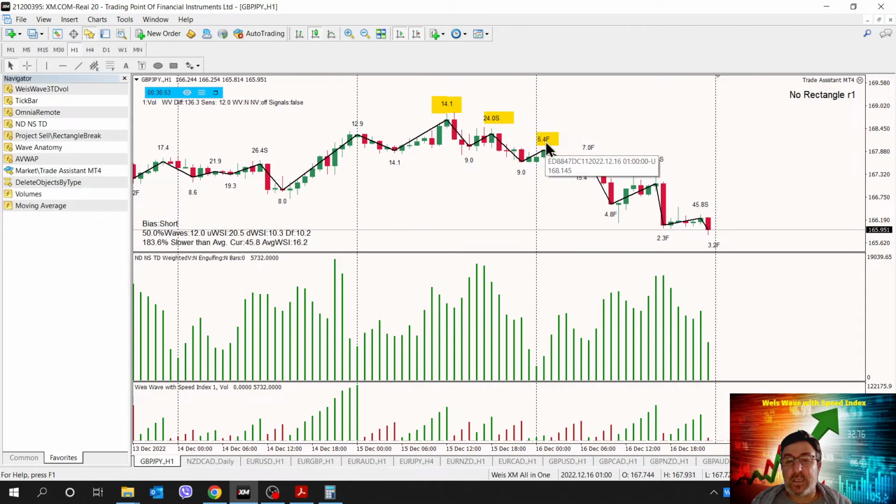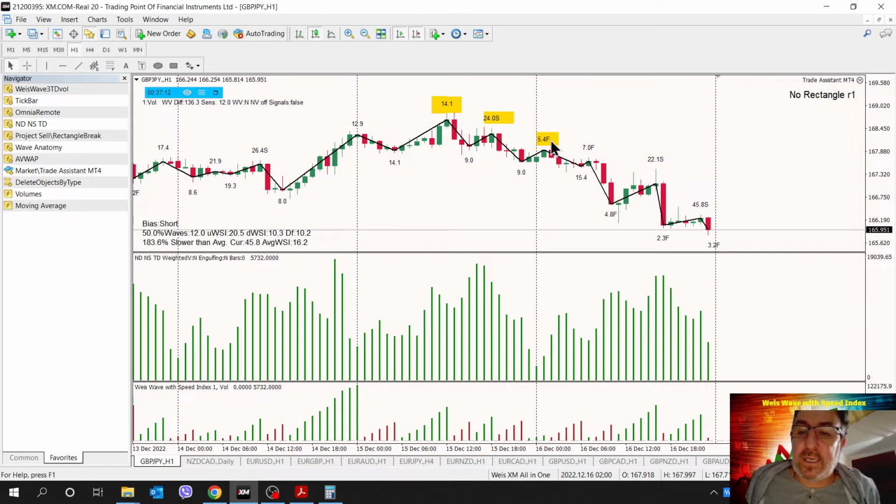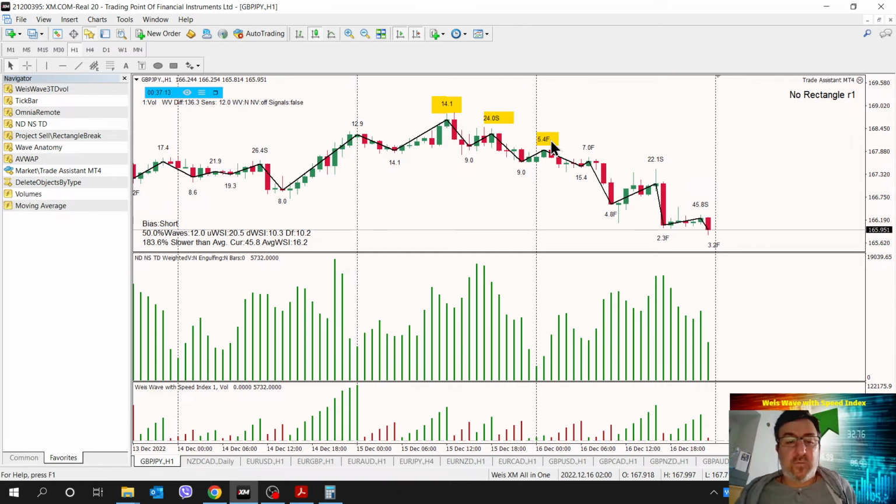This is compared to the average speed index number, which basically tells us that this wave with this speed index is a slow wave, and this wave with this speed index is a fast wave. The indicator calculates this with a set of parameters, which I will show you.